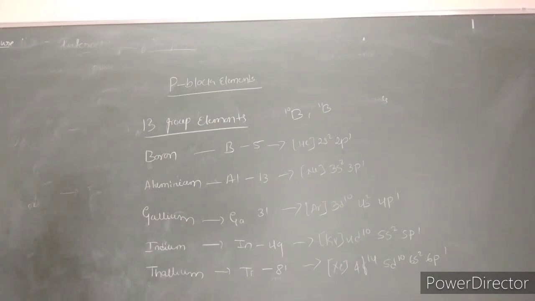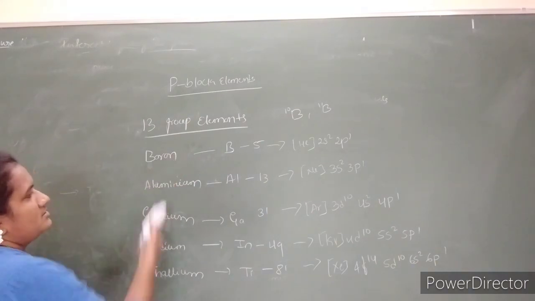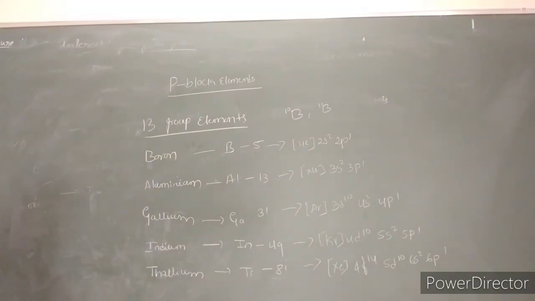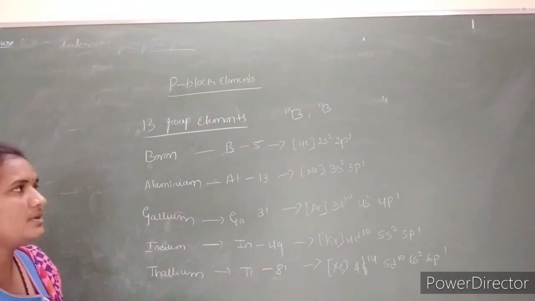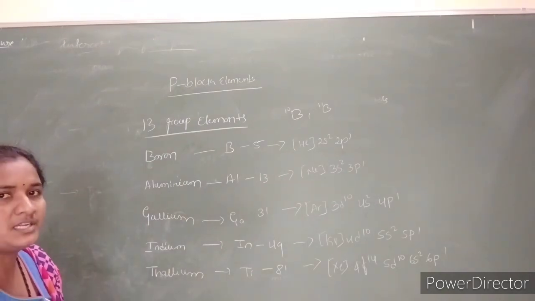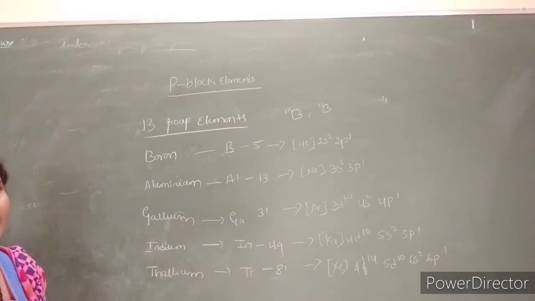If we see the electronic configuration, it will be different from one element to another element. In the case of gallium, there is a presence of d electrons. Thallium has 14 f electrons plus 10 d electrons. The electronic structure of these elements becomes more complex than the other group elements, like the s block elements. It is simpler there, but in the p block it becomes complex due to the presence of this difference